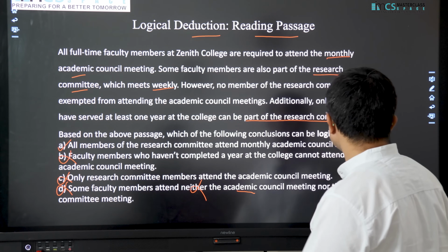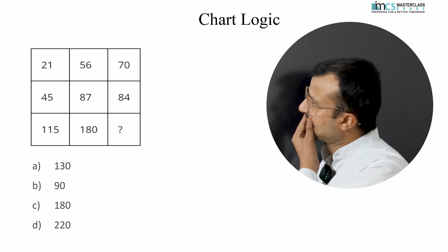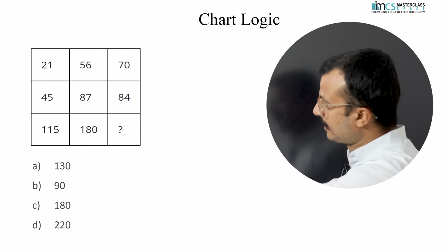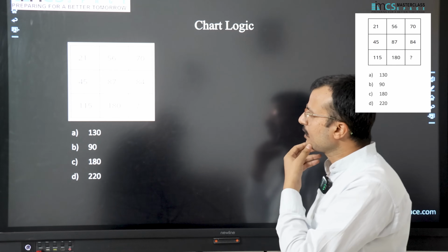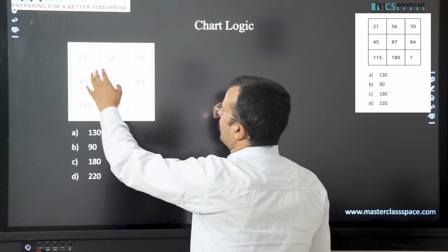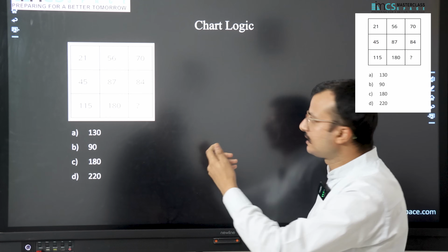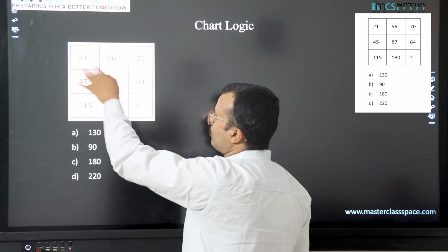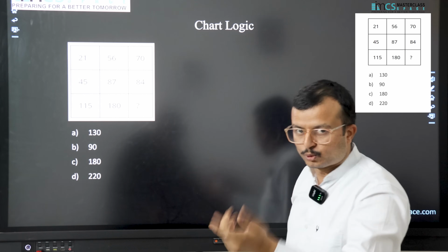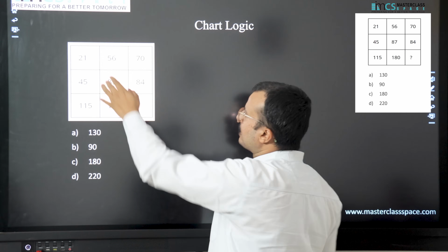Okay, so we will move to the next topic. This topic is called chart logic. Again, as it is part of verbal reasoning, there are some numbers given. So friends, what we have to see, so basically I think a very intuitive thing always in your mind can be that what if you add these two numbers and get the third number. I think that is the most obvious thing which comes to anyone's mind,